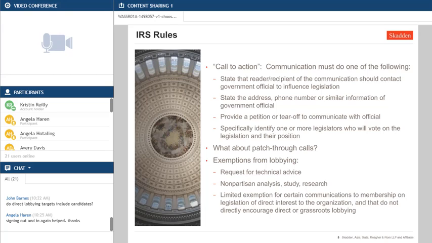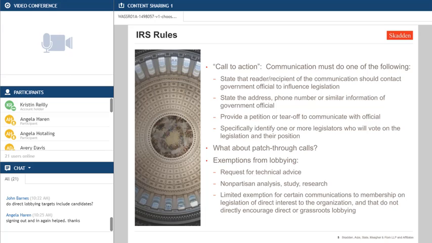So you can prepare one of these nonpartisan analysis, study, and research things, give it directly to Congress, and it won't be treated as a direct lobbying communication. So that's one area that might be of use to you,